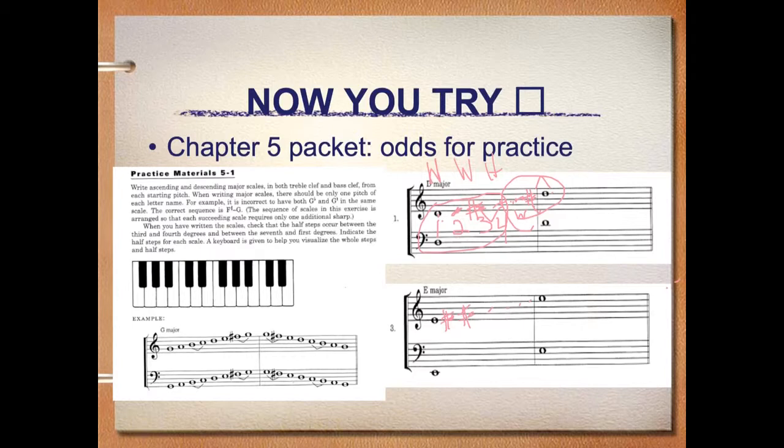And now we have a whole step from E to F sharp, and a whole step between F sharp and G sharp. Now we need to have a half step between scale degrees 3 and 4. E is scale degree 1, F sharp scale degree 2, G sharp scale degree 3, and A is scale degree 4. Is there a half step between G sharp and A? Well, of course, the answer to that is yes. There is a half step, therefore we do not need to alter the A. That is tetrachord 1, E, F sharp, G sharp, A. Whole step, whole step, half step. Now let's look at tetrachord 2.